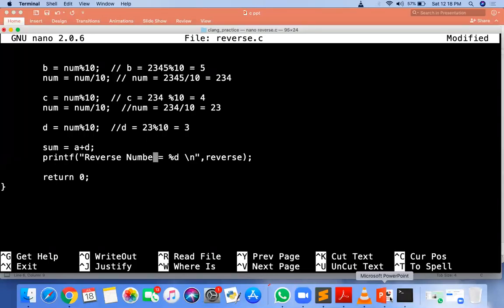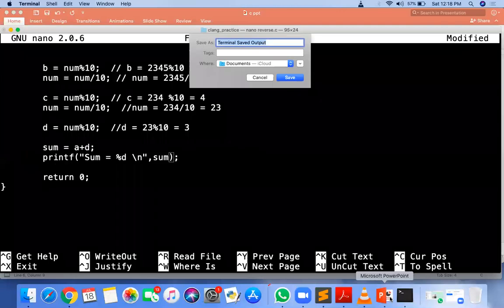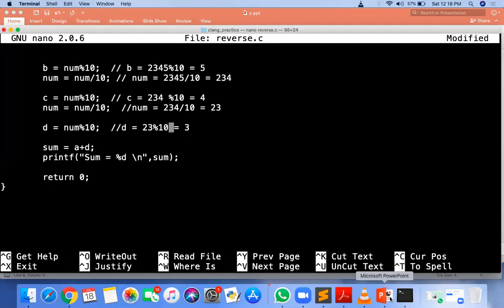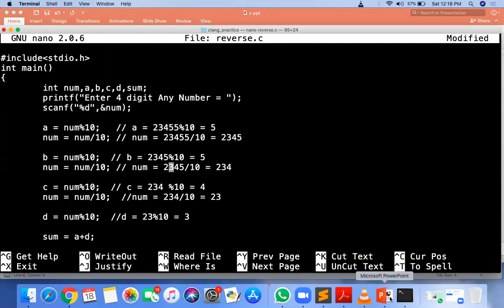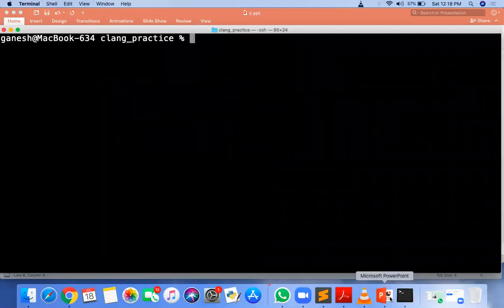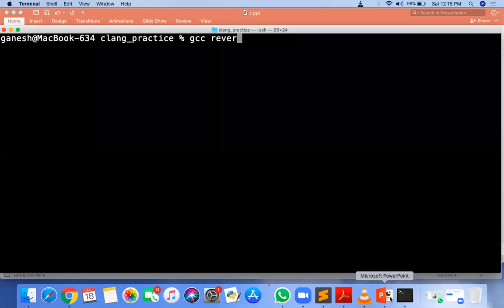Sir, we can also do it like this, no, sir? A divided by 1000 and the last digit will be A modulus 10. Yes, so sum is the first digit plus the last digit. Yes, we can also do that. I think one of you gave that assignment. My method is this, but your method can be different also. I will check it first using my method, and then we will check your method also.